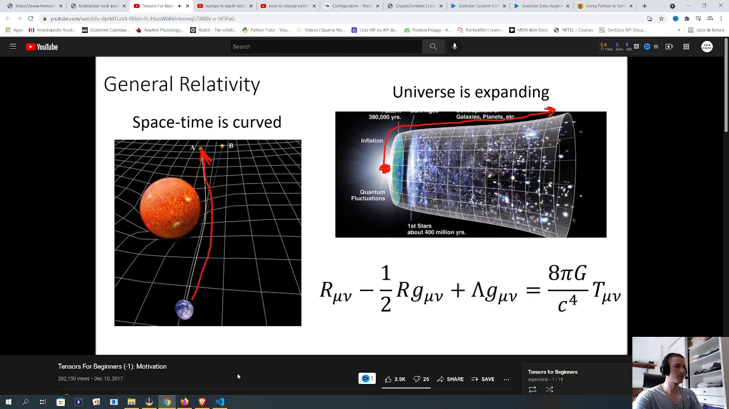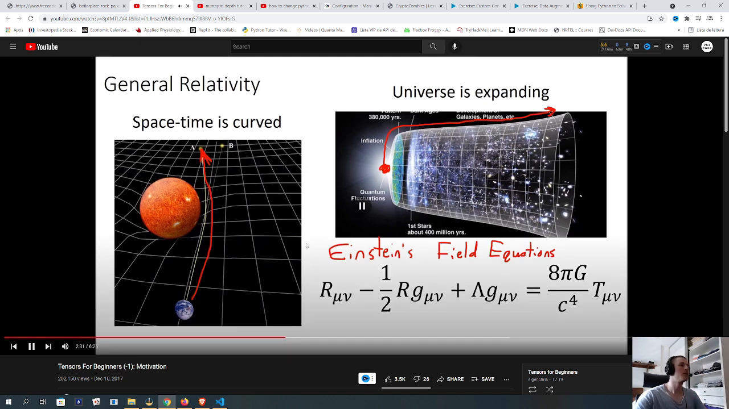So I'm just going to throw up some equations on the board right now. So these are Einstein's field equations. And I say equations with an S on purpose because even though it doesn't look like it, there are actually 16 equations here. And these 16